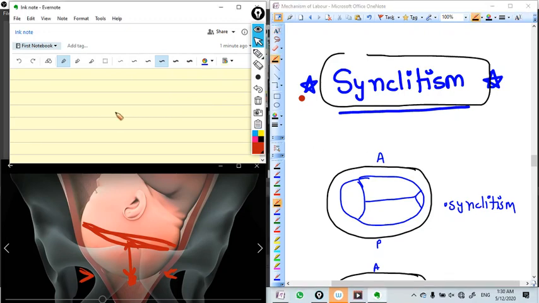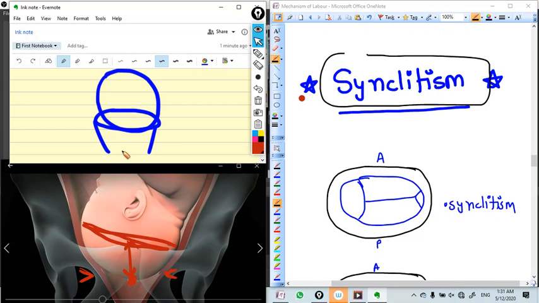Whenever, for example, this is the pelvic inlet, you are seeing here. Okay, now I am putting a ball, that is the fetal head, above the pelvic inlet. Now the pelvic inlet and the head are almost of similar size. The head cannot easily go inside the inlet. Okay, so what it will do there,